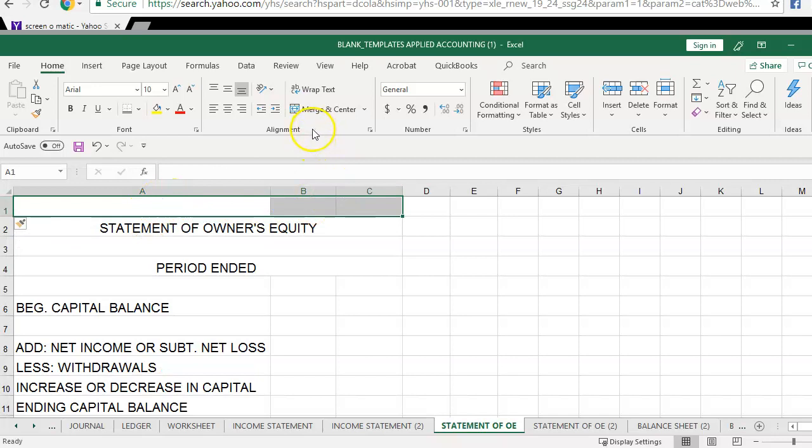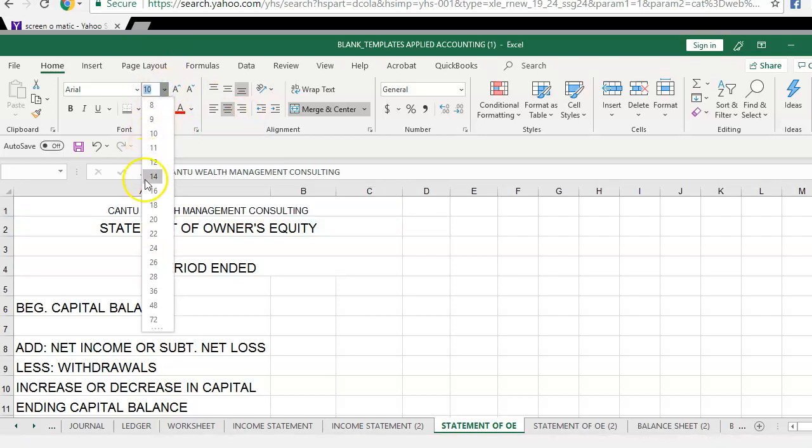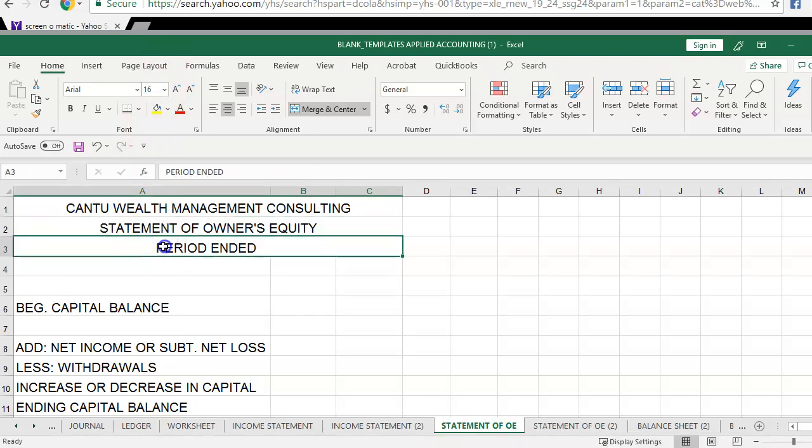Let me do a little formatting here, merge and center. I'll make it bigger. Cantu Wealth Management Consulting. There we go. Make that bigger. Okay. Statement of owner's equity, and it's for the month ended